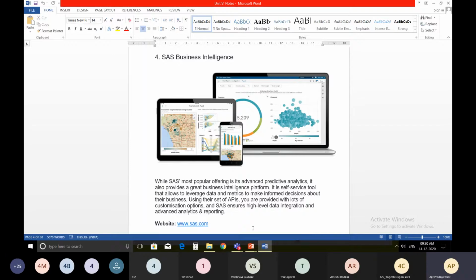And using the set of APIs, you are provided with lots of customization options, and SAS ensures high-level data integration and advanced analytics and reporting. So SAS is mostly used for predictive analysis. This model is very good in this BI platform. For more information, you can refer to sas.com.